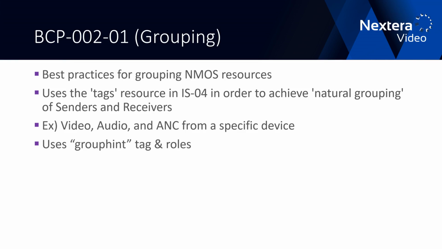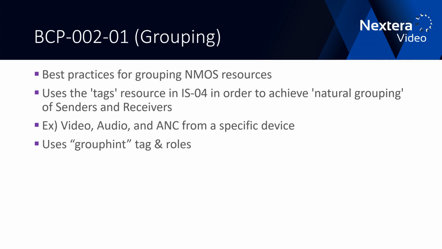So since we have so many devices from all different manufacturers adding themselves to this network, what would be a good way for us to organize these? We have so many devices. NMOS has developed this grouping. We call it natural grouping. It's a way for all of our NMOS devices to have tags, kind of like a hashtag basically, but we call it group hint, tag, and roles. It's a good way for us to organize all of these devices on the network and say,